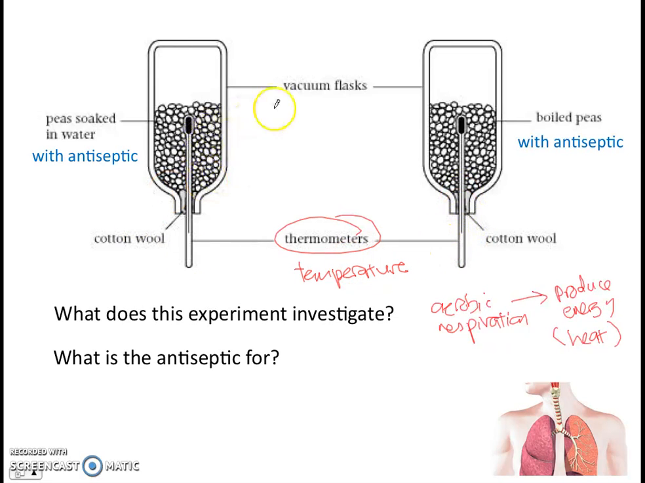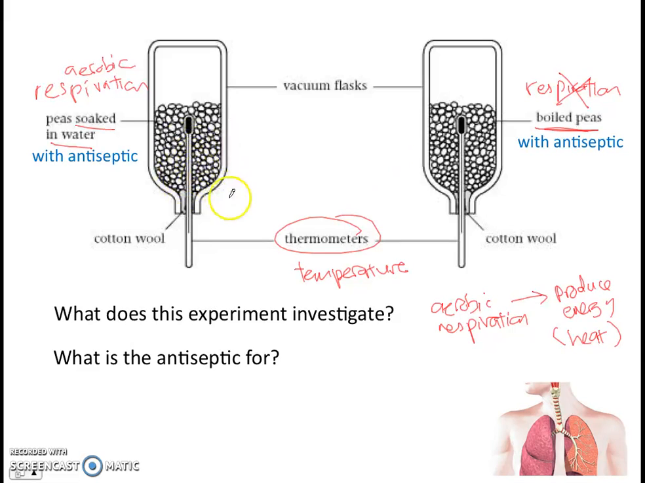Now you also notice that there's two setups here. One, we have peas soaked in water. The other one, we have boiled peas. So predict, which one will be respiring? Well, your prediction should be that the boiled peas will have no respiration, right? Because they are boiled and they're probably dead and better for eating. Whereas the peas soaked in water, these ones will be respiring aerobically, so aerobic respiration. So over time, what you will notice is that there's an increase in temperature here, but not here, because respiration